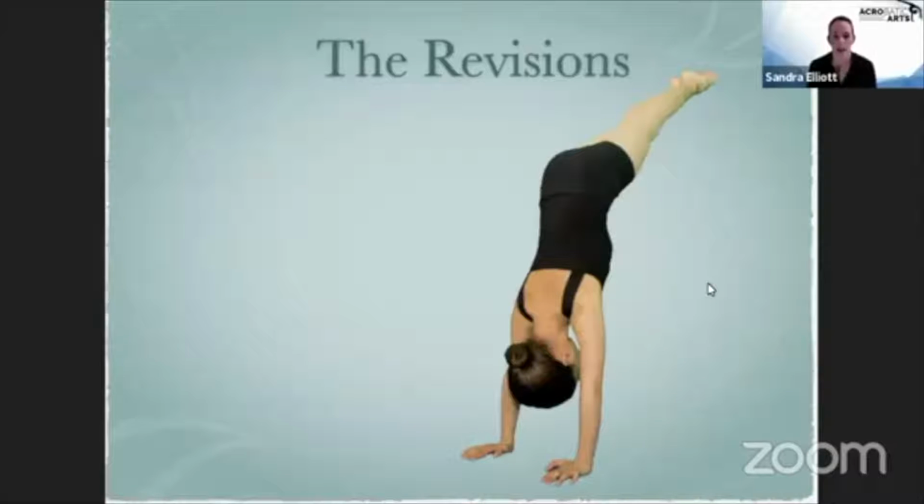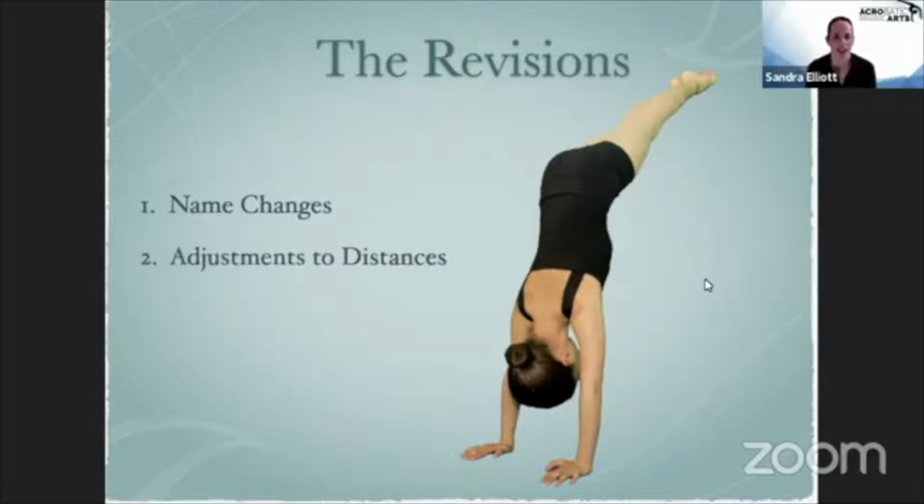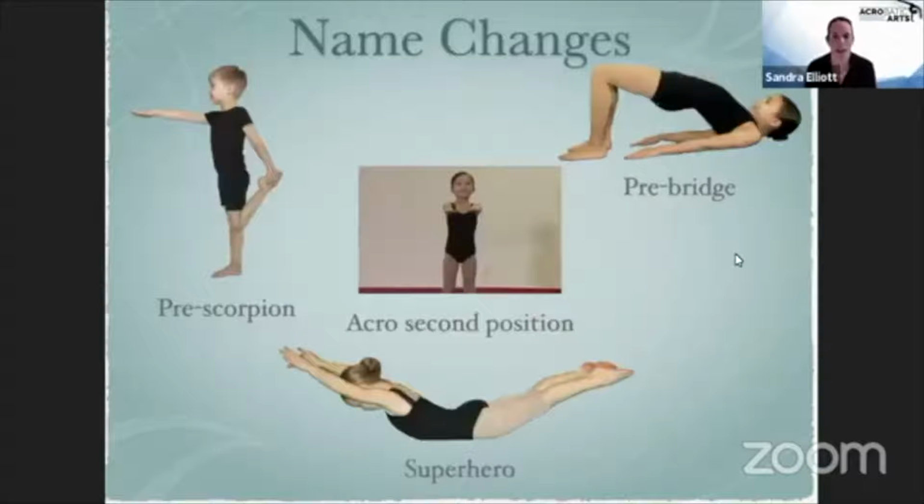So the revisions themselves, we've got a few different types of revisions that we've included this year. Number 1 is some name changes. I've kind of hinted on a couple of those already. And then we have some adjustment to distances, and I'll go through that in a moment. And then we have new skills that we've introduced, and I will also go through those in a moment. So the main changes that we have, there's really just these 4, and they show up early on in our syllabus, and then a few of them will be maintained, obviously, throughout the entire time that they present themselves in the levels.